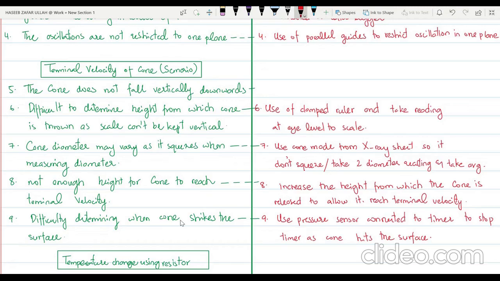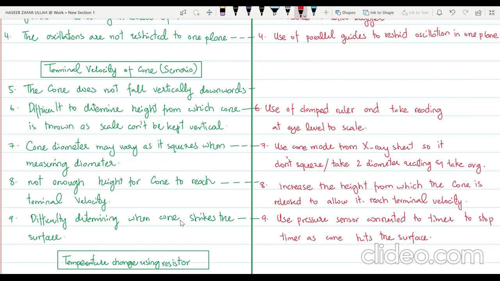The other error is the difficulty to determine the height from which the cone is released, as the scale can't be kept vertical. For example, if you are holding the scale and the cone at the same time, your hands will probably wobble and you would not be able to keep the scale vertical. So you can use a clamped ruler and take the reading at eye level to the scale to avoid